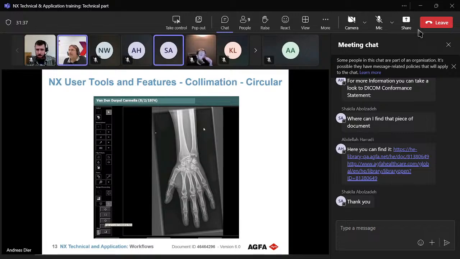Okay, thank you, Abdella. Then, yes, let's just now have a look here for how to apply a circular